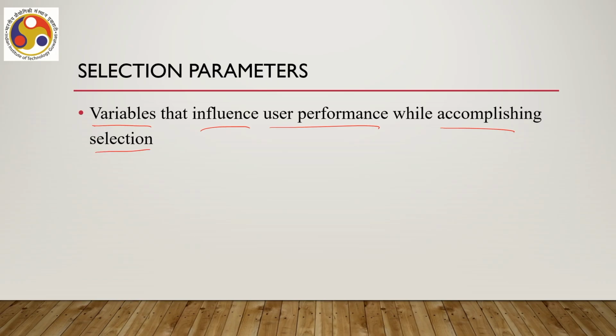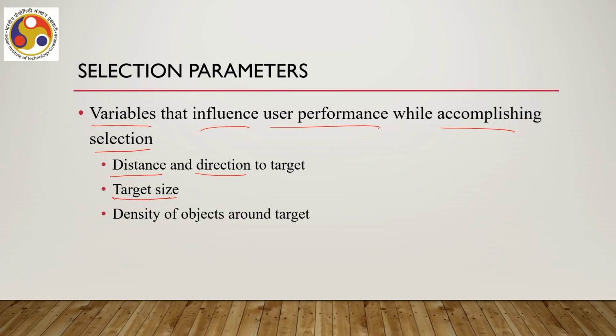Now, what are these parameters? Distance of the object to be selected from the current viewpoint or camera position, then the direction of the object to be selected, size of the object,